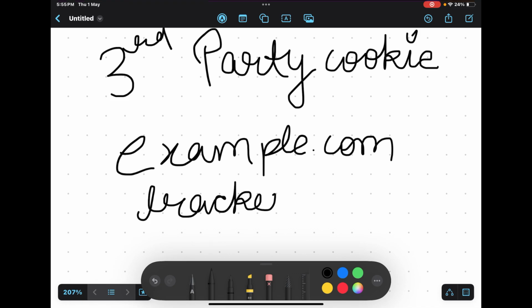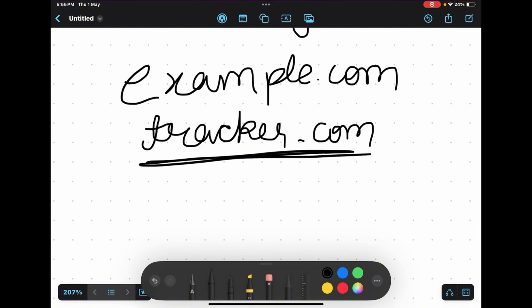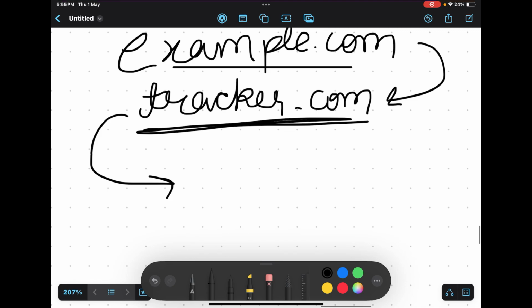So this example.com is exchanging data with tracker.com. Since I visited example.com, but example.com is exchanging data with tracker.com, this gives tracker.com a superpower of setting cookies. So it can set cookies in my browser, for example, with document.cookie.